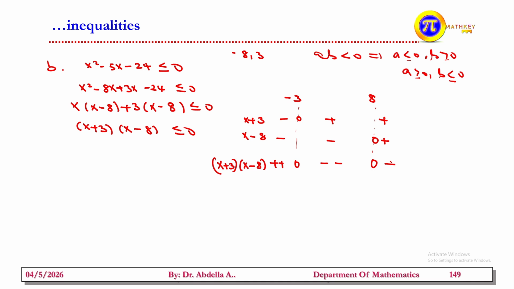Positive times positive, it is positive. What we want is to find the values which are less than or equal to 0, which means 0 as well as negative. The interval is this one. Therefore, the value of x becomes negative 3 less than or equal to x less than or equal to 8. Or if you want to put it in the form of an interval, this becomes negative 3 to 8